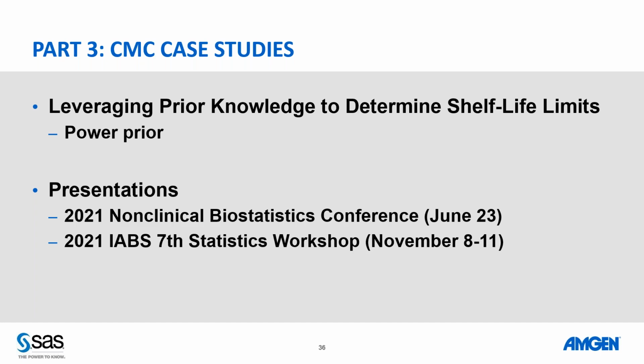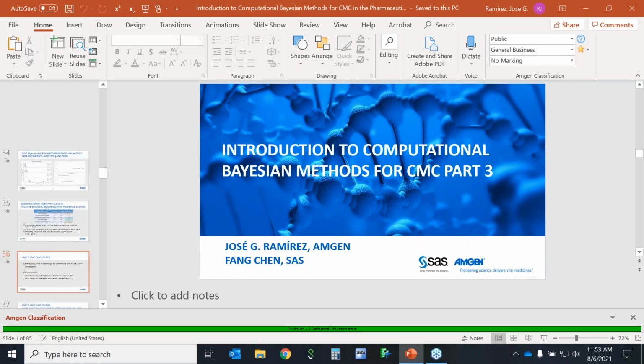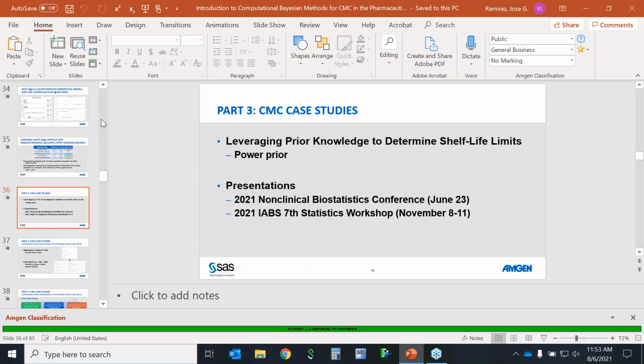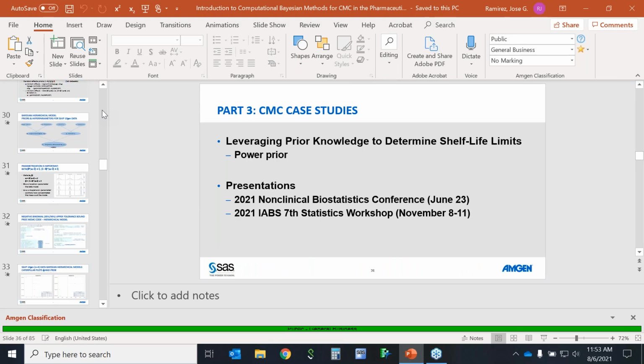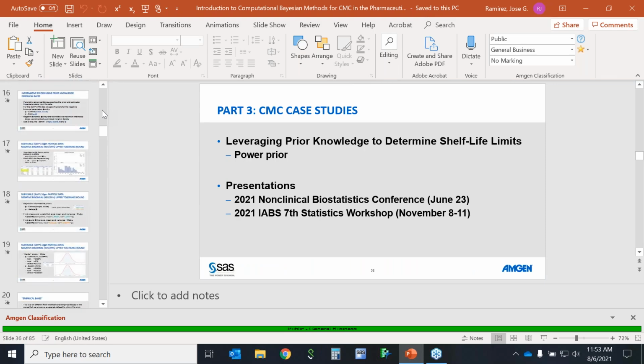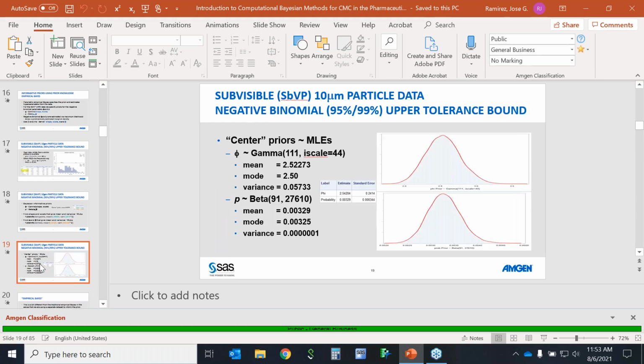Yes, this is a good question. Let me go back to slide 19, just so the audience can see it. Jose, if you don't mind going back. There are two ways of doing it. We get the MLE and we say the MLE has this mean and variance, and we're just going to use that as a way to approximate finding a prior.